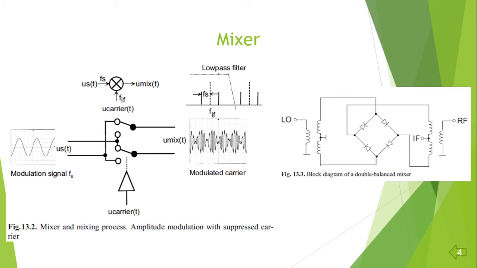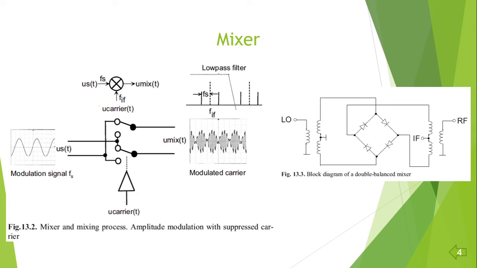The mixer is one of the most important electronic components that make up an IQ modulator. A mixer is basically a multiplier. The modulation signal is usually converted into the IF by means of a carrier signal. As a result, two sidebands above the carrier are obtained. This type of modulation is known as double sideband amplitude modulation with suppressed carrier.